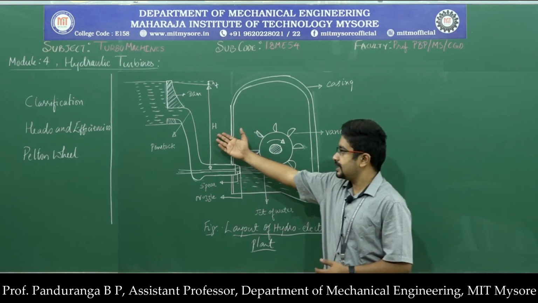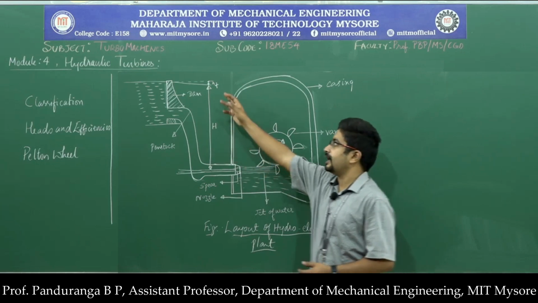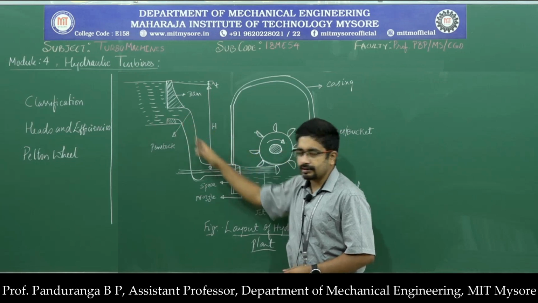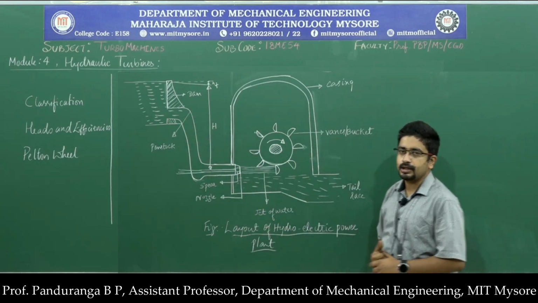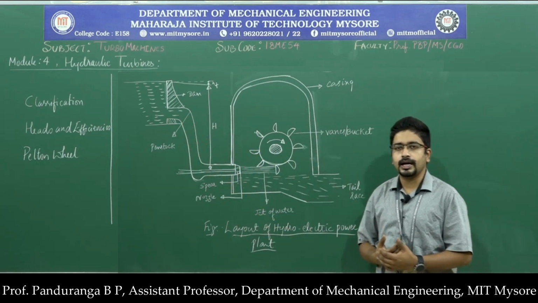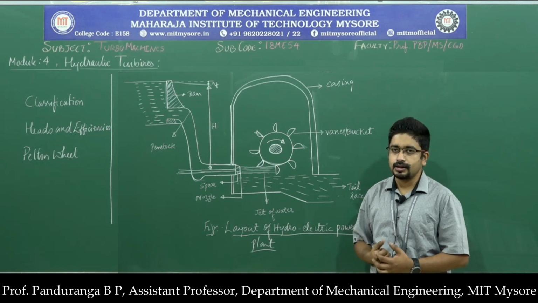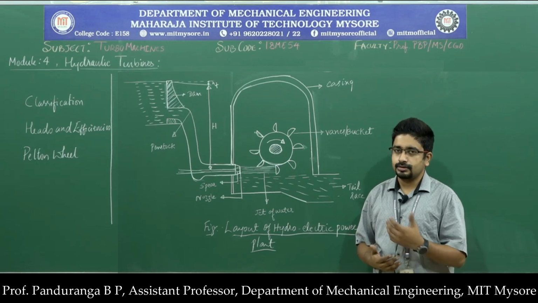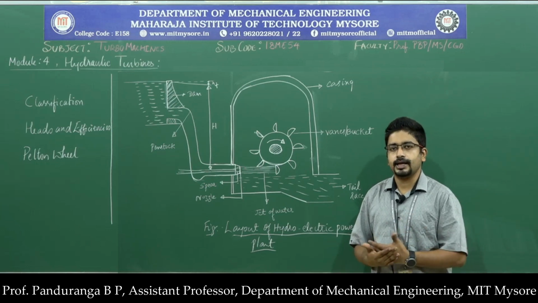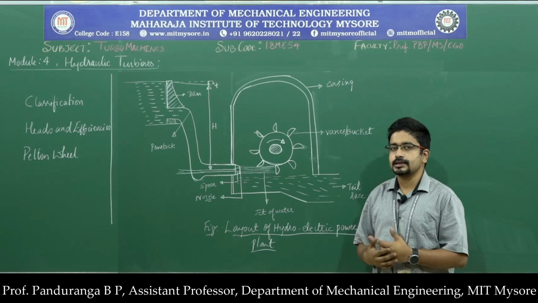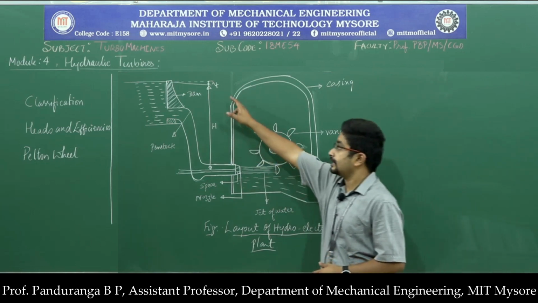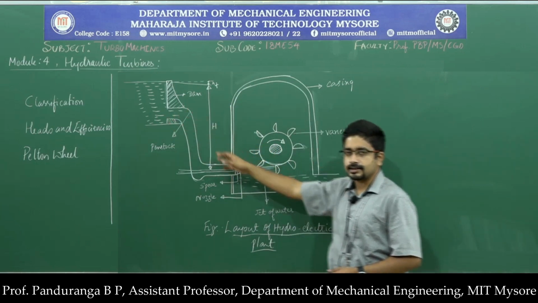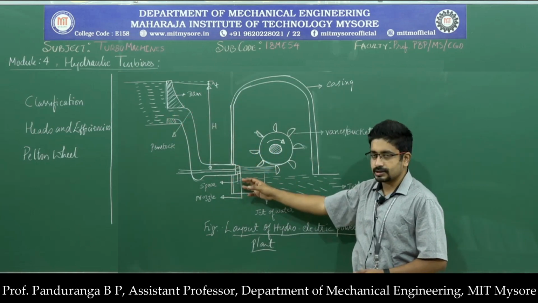So this is the net head and the gross head, and we have the head loss due to friction. As the water passes through the penstock, there will be friction between the water and the inner surface of the penstock, and there will also be fluid friction between different layers of fluid. That results in a certain amount of loss of energy, that is HF. So the water from the dam passes through the penstock and enters the nozzle,